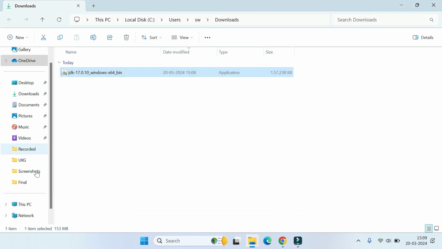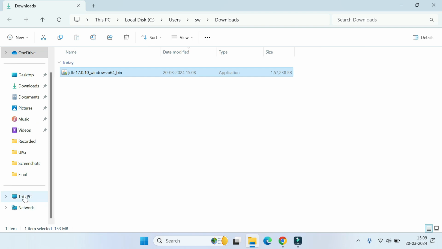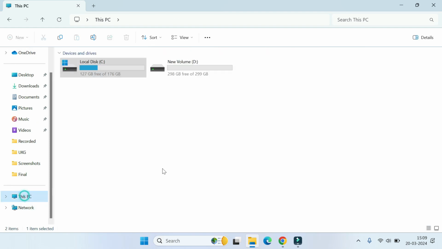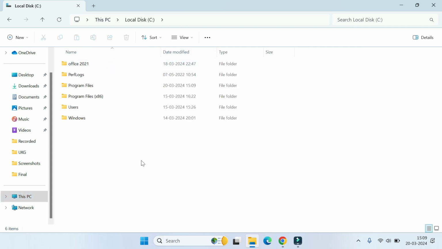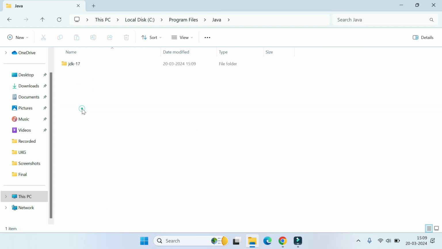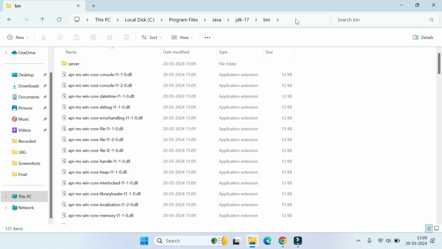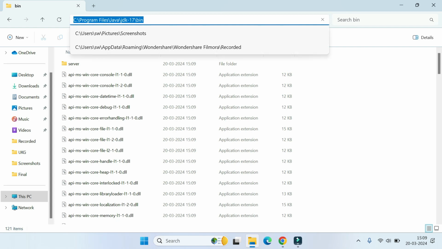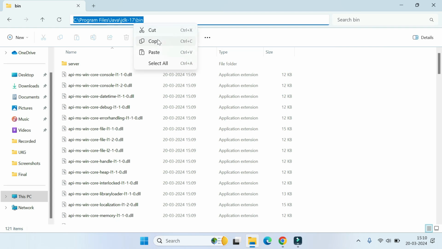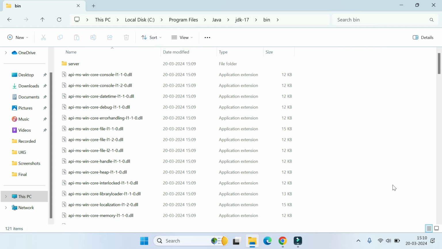So for that, we just need to go to this PC and go to program files. Here we can see Java is there. Go inside this, go inside bin, and just copy the path till this. So just click on it, and here is the path. So we can copy this path. So I am copying this, and now I have to